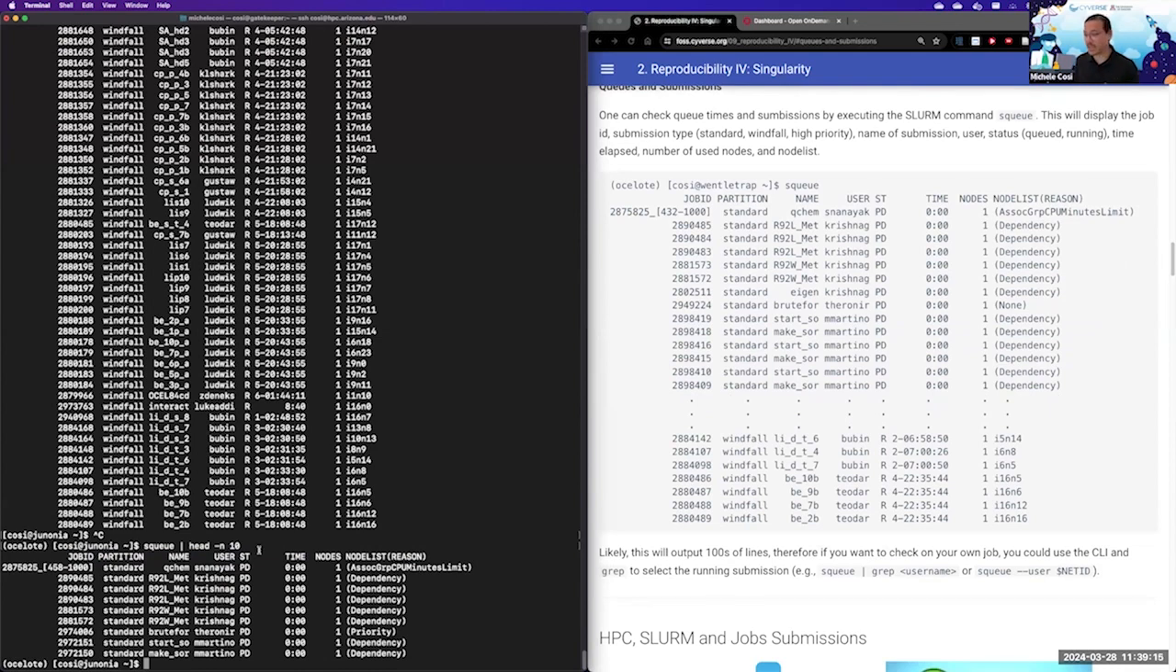The next thing that I want to point out is these are hundreds of lines of output. So what about you? What about your job? How do you know about your job specifically? You can look for your job by doing some command line shell